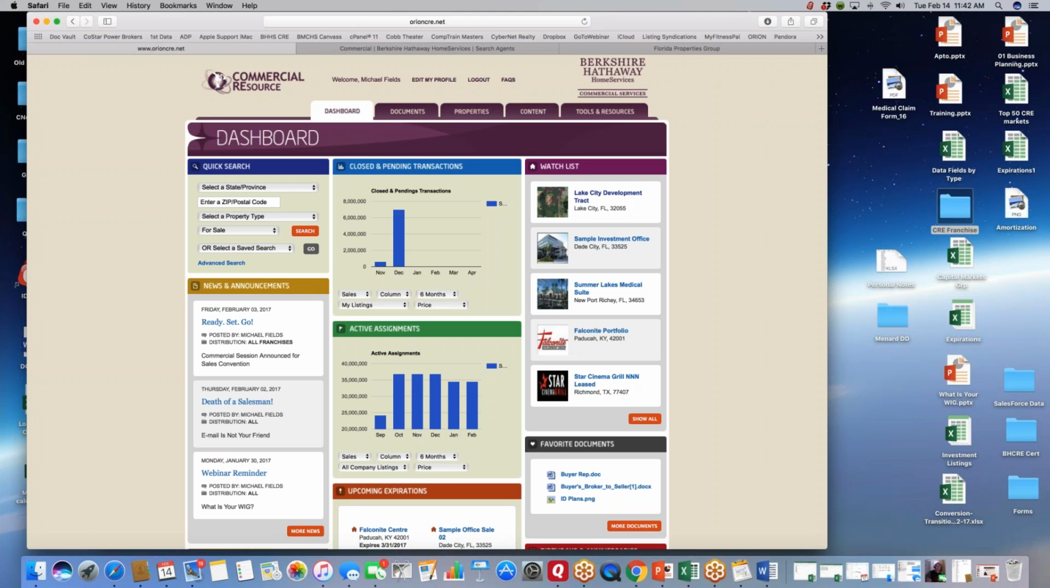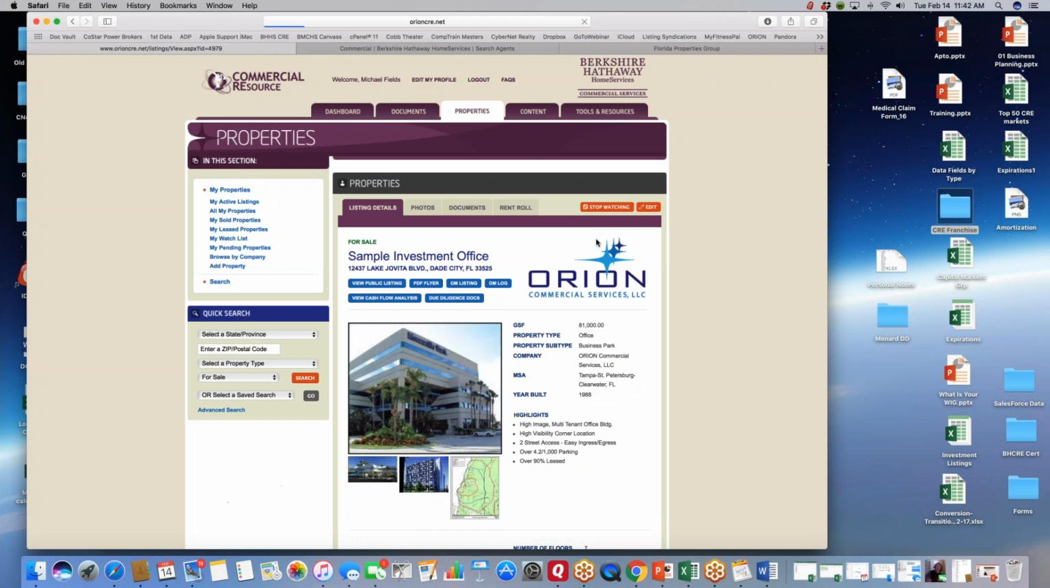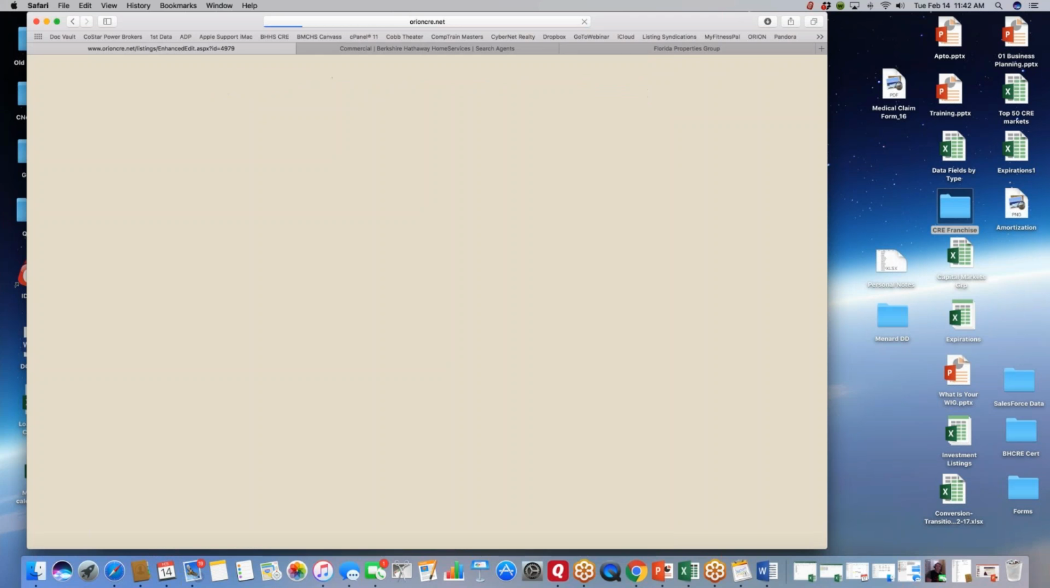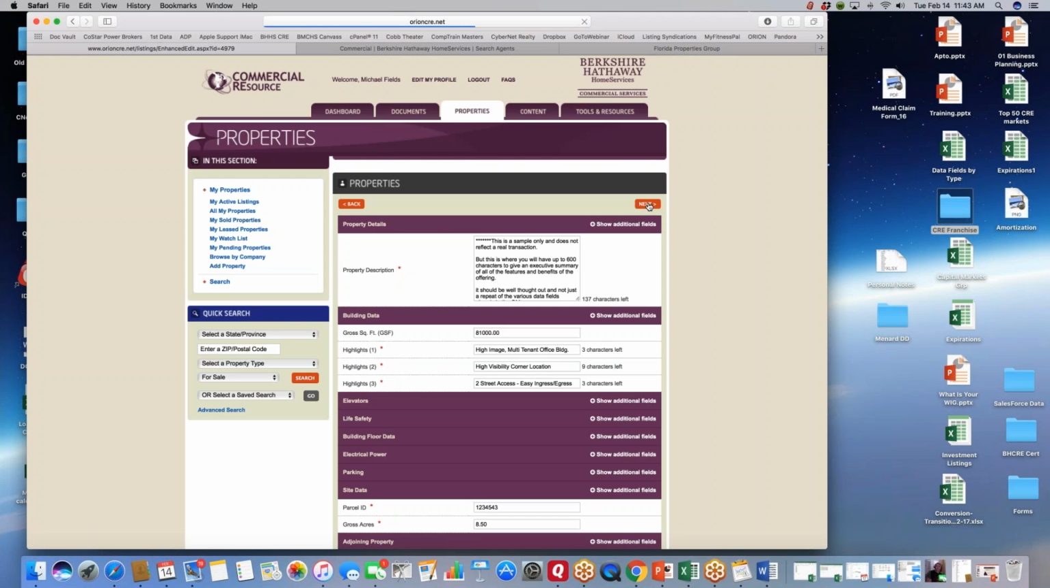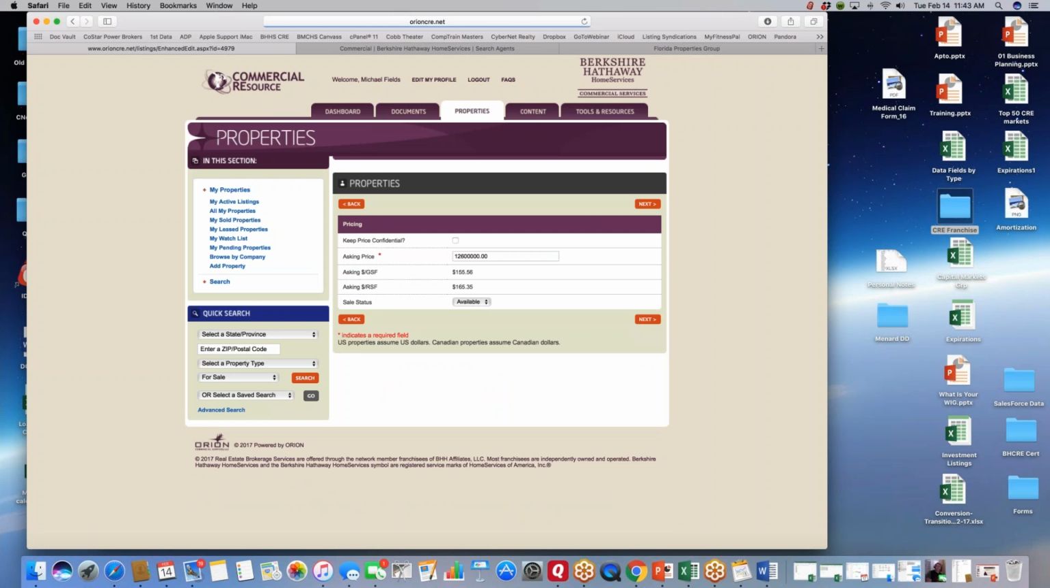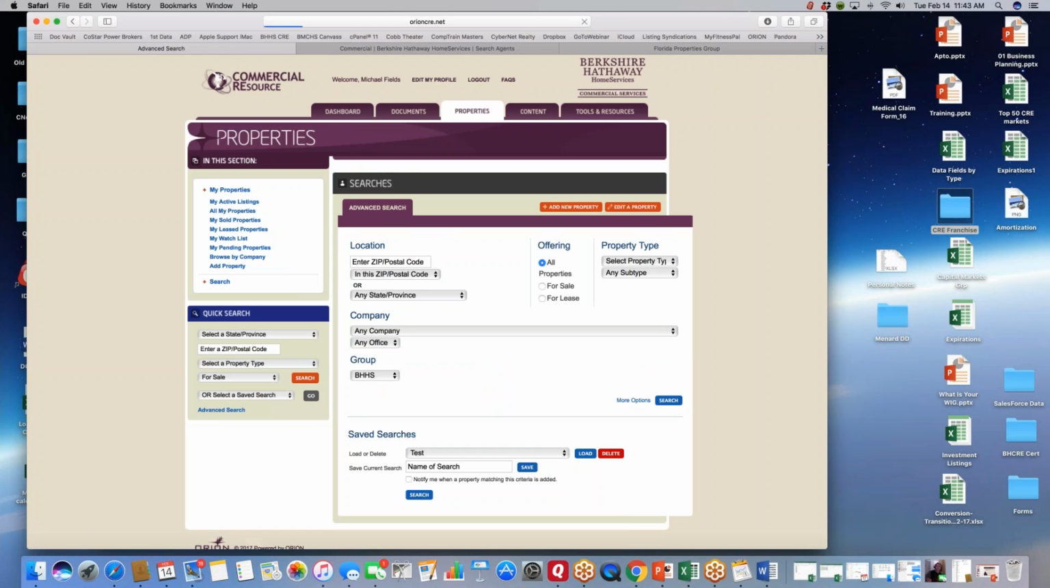Now, when I sell this property, I mean, this property isn't really for sale, but when I sell this property and I go in here and change the status from pending to closed and save it, it becomes a comparable sale. So it's in there, and I can find it, and other people can find it, but they won't find the intimate details of the sale. They'll just find that it was a $20 million office sale in Clearwater, Florida, that was sold by Mike Fields